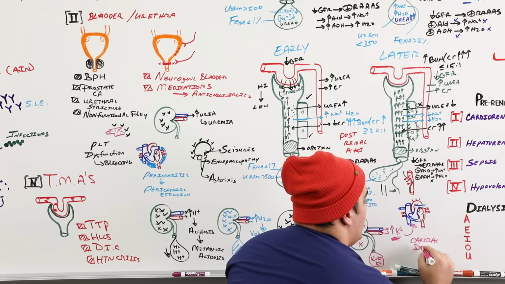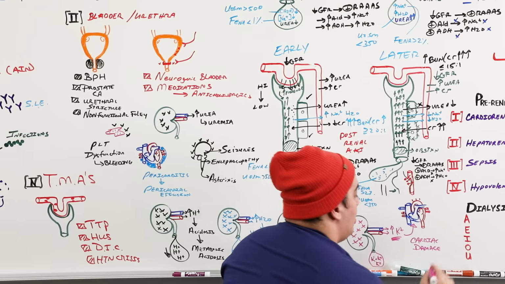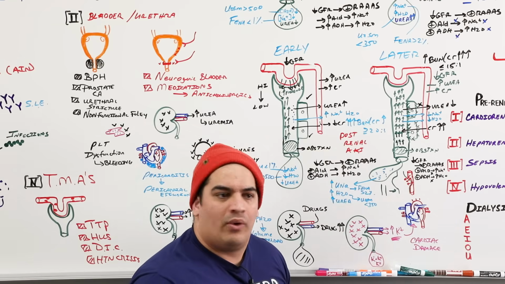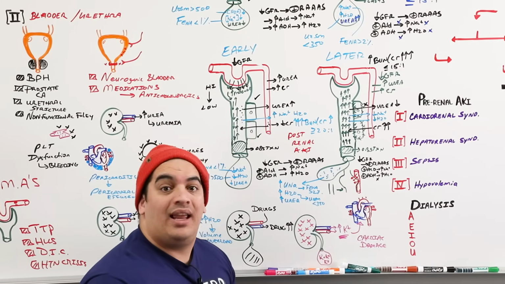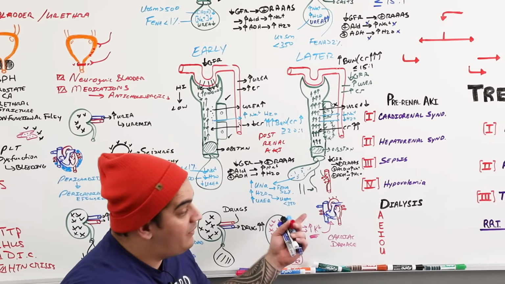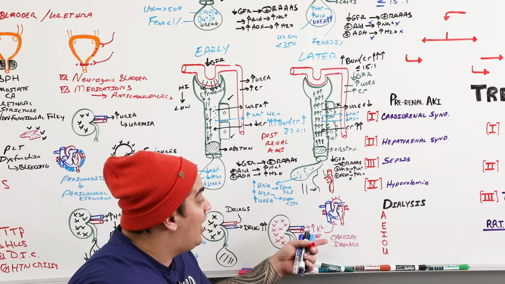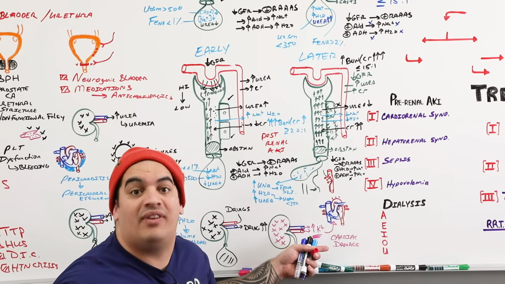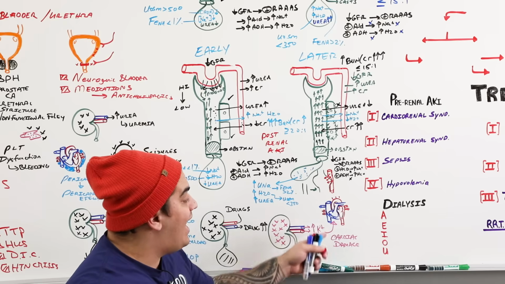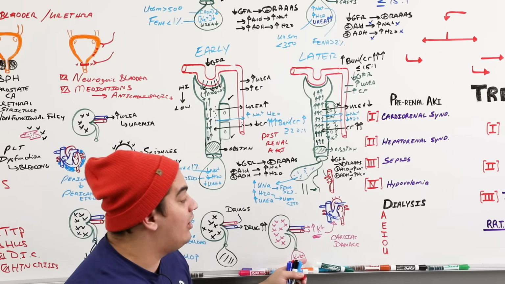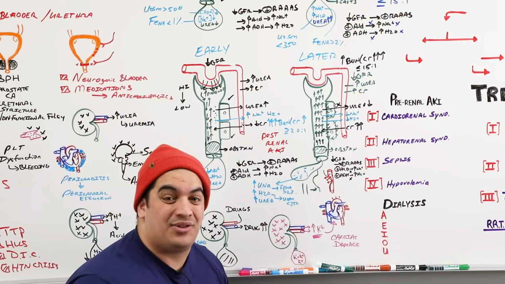Okay? So it can lead to some cardiac damage. It can lead to a lot of different arrhythmias, right? It may lead to bradycardia. It may lead to some type of junctional rhythm. It may lead to, particularly, maybe even some type of heart block. It may even put a patient into VFib. So that's a big thing to be able to think about. So whenever somebody has this significant kind of hyperkalemia, we know, hey, there's a really bad kidney injury.